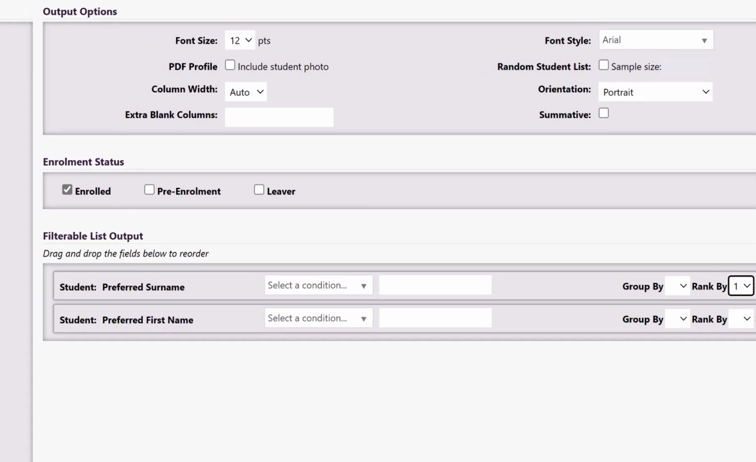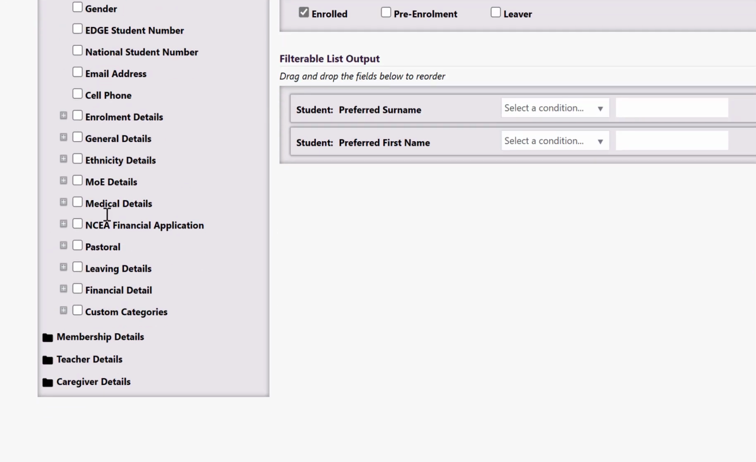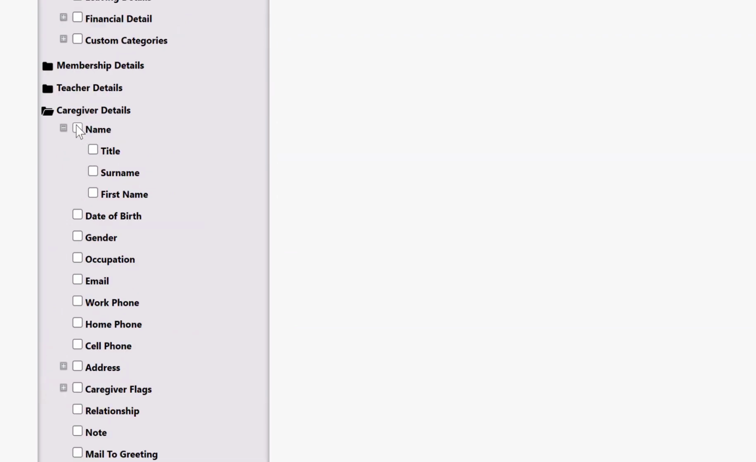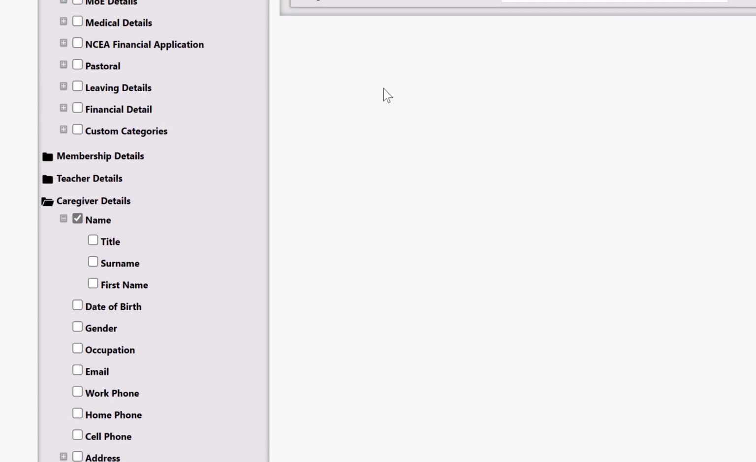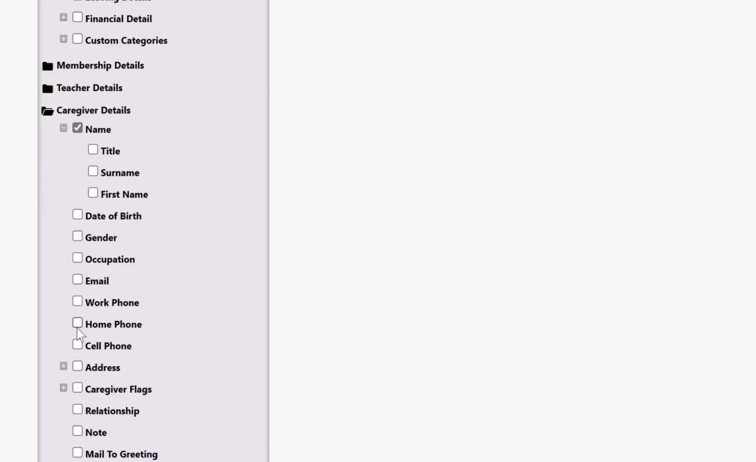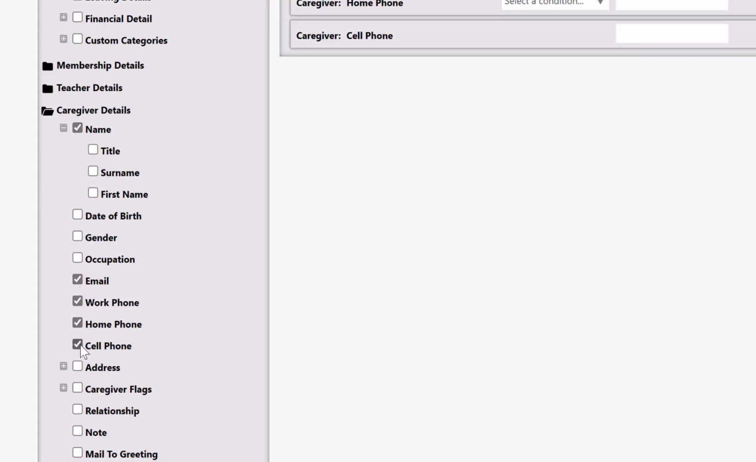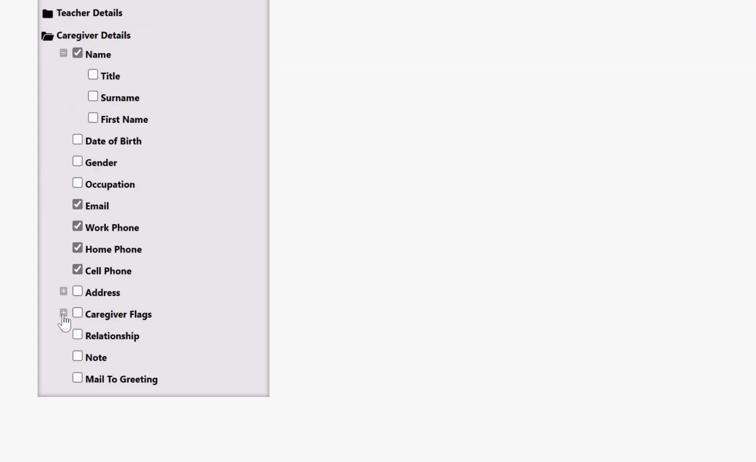We also want the caregiver details, so we're going to come down to Caregiver Details, we're going to get their name, and this time I'm going to go the other way and just get their name as one field rather than as three. And then we might want email, work phone, home phone, cell phone, and we're going to come